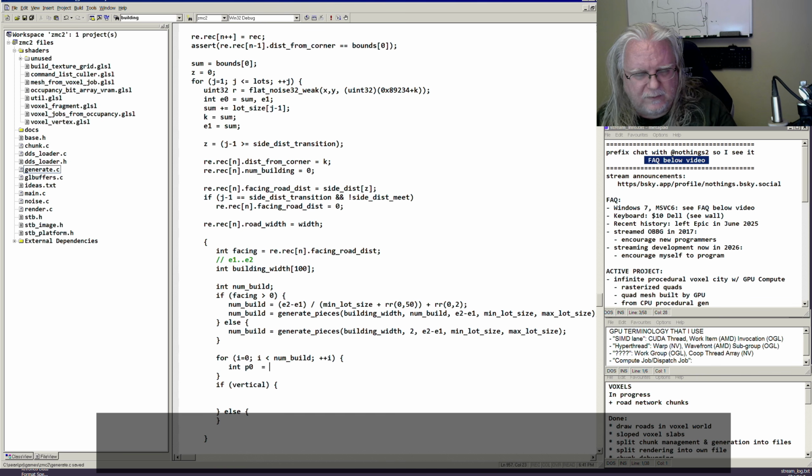P0 equals E1, P equals E1, P plus equals building width of I,